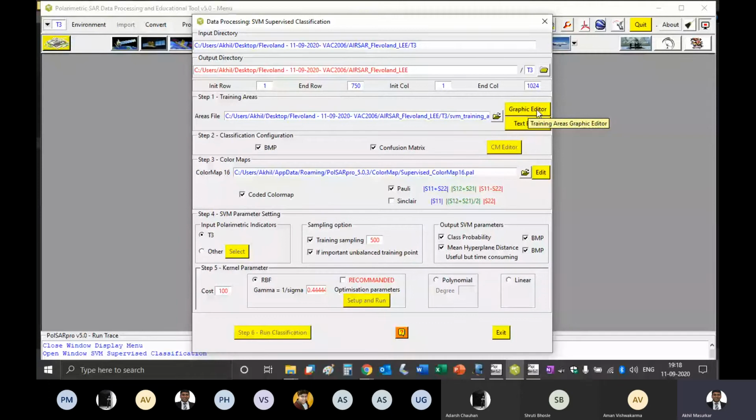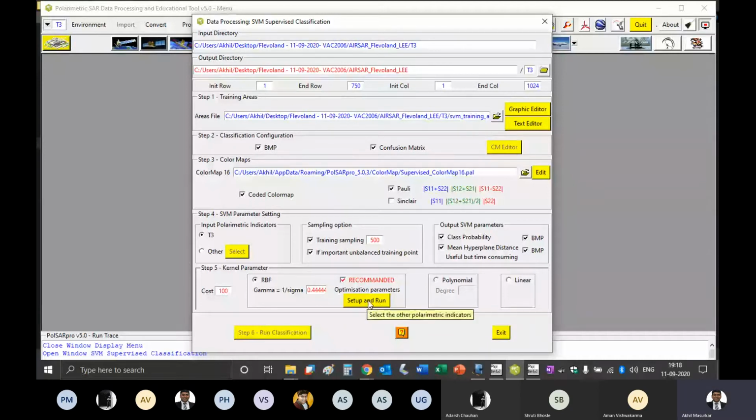You cannot give exactly the same 60 areas with the help of the graphic editor. That is the reason why once we make the training area file, we use it again and again, so that my training is on the same area, so that we can do some kind of comparisons later on.